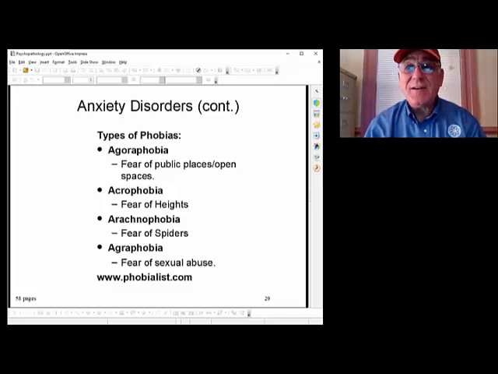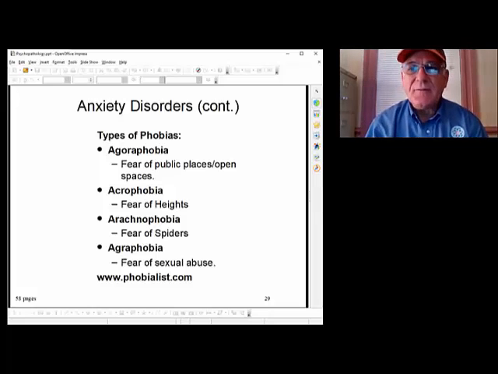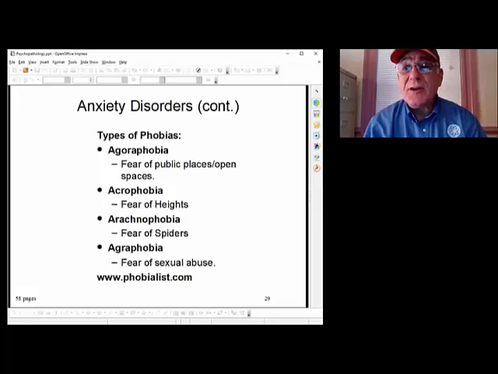So it's not just a fear, it's an irrational fear, a very, very huge fear that causes you to perform acts, behaviors that are not appropriate to the situation. It's like hurting yourself in order to get away from them. And agoraphobia is defined as the fear of sexual abuse here, but it's really aggravated assault. So it's really the fear of being beat up. Aggravated assault is what agoraphobia is.